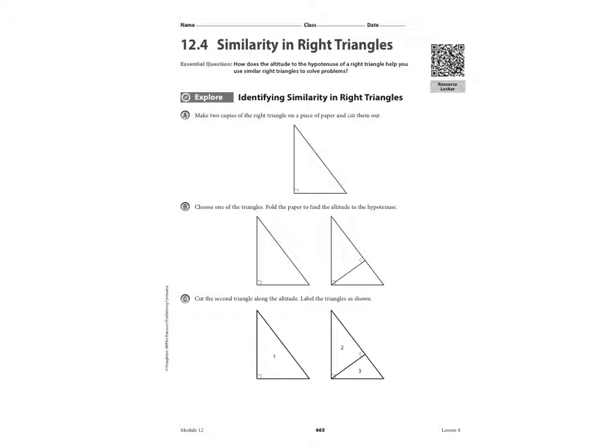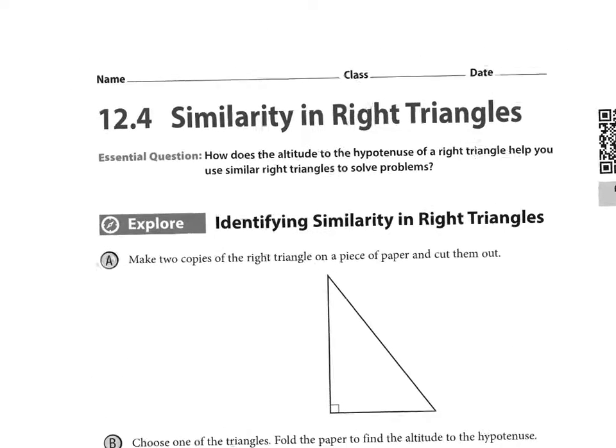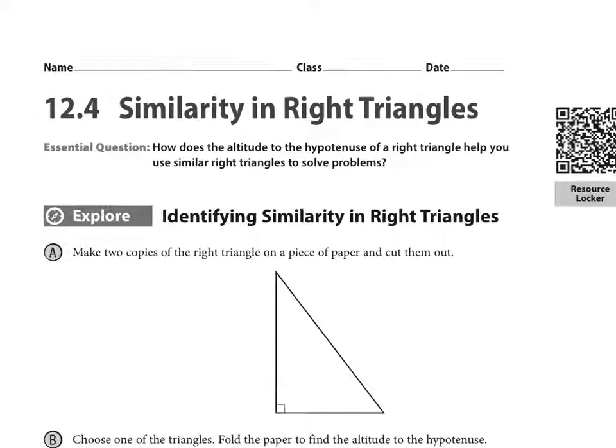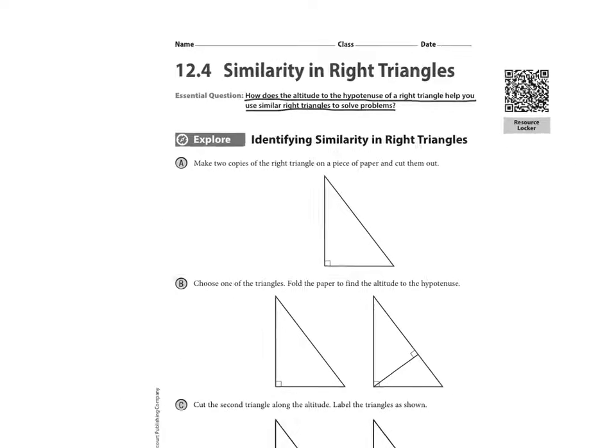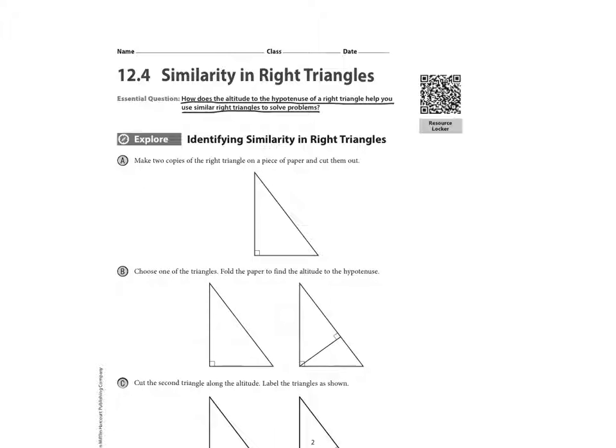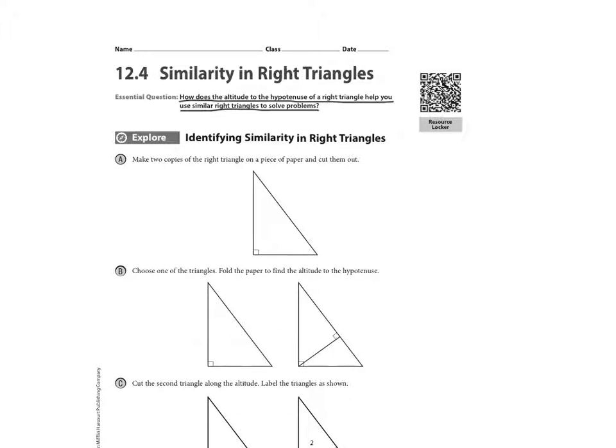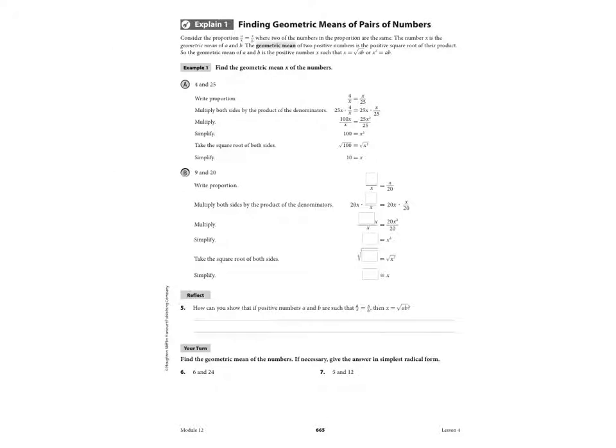Okay, 12.4 starts on page 663, and we're looking at similarity in right triangles. The essential question is, how does the altitude to the hypotenuse of a right triangle help you use similar right triangles to solve problems? One of the things we are going to do in class tomorrow is make sure that we can draw an altitude of a right triangle. And so if you turn to the next page, we're